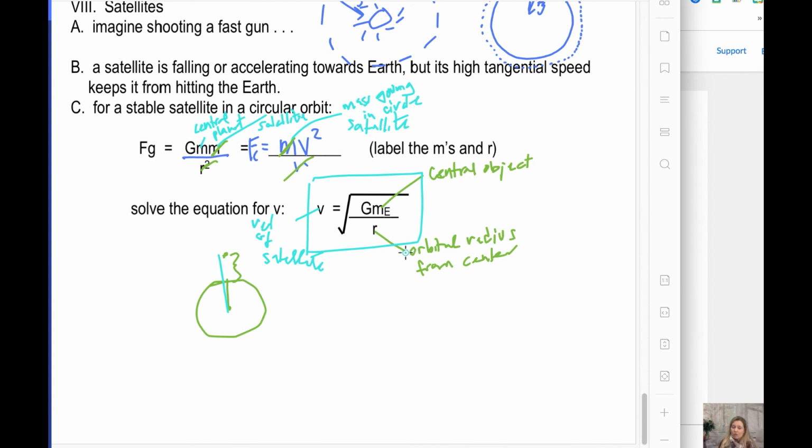Overall, people know what they're doing, and then they screw it up. And then people plug in the wrong radius. Like I said, they forget to include the radius of the Earth, all these wonderful things. Oh, by the way, those numbers for the radius of the Earth